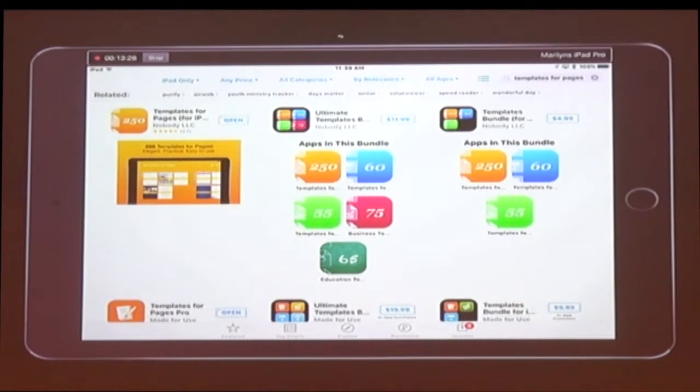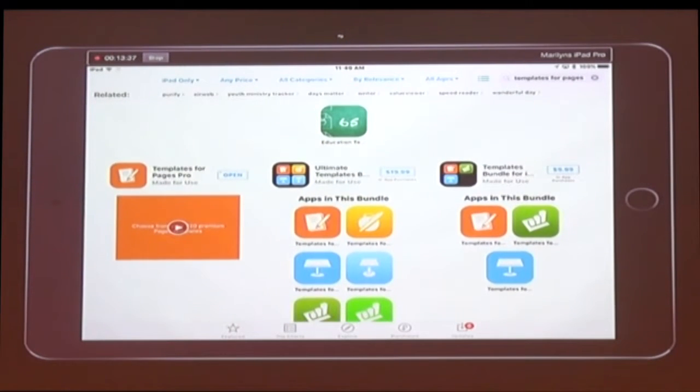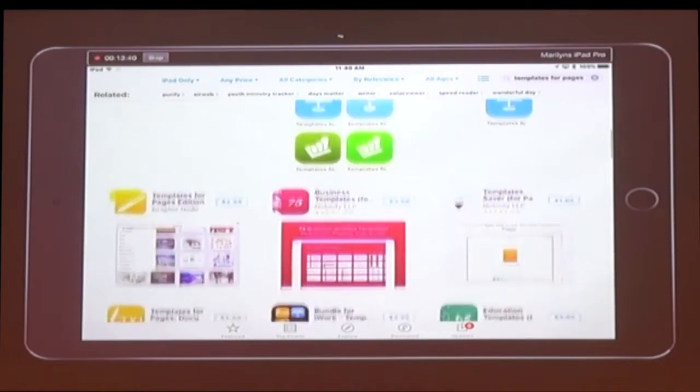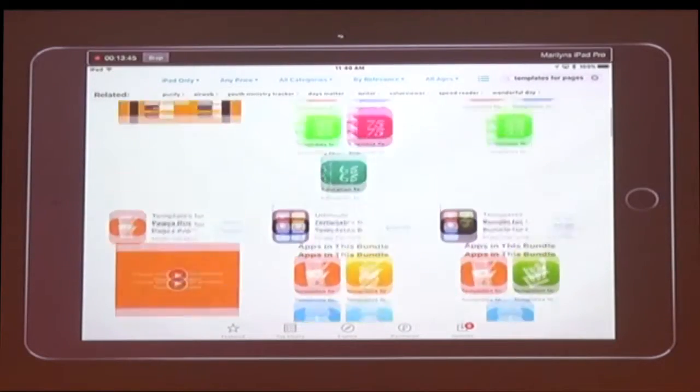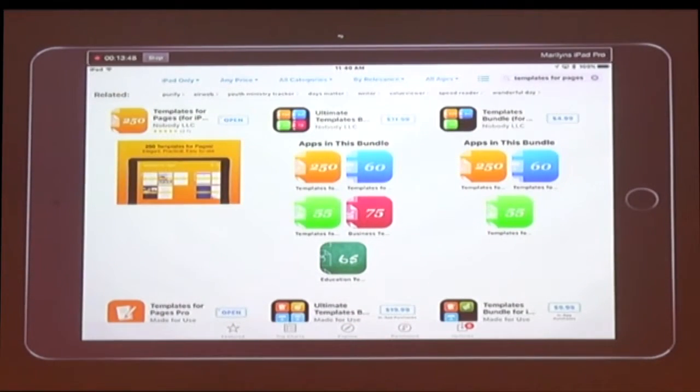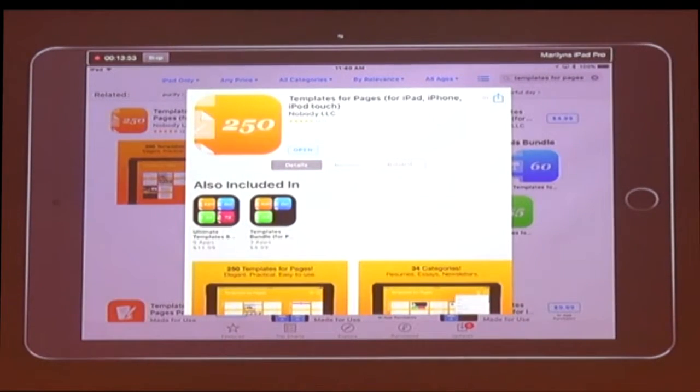And you can see that there's a lot of bundles that you can buy, which have a whole bunch of other ones. And then you go down and there's templates for Pages Pro and other bundles and business templates, and it goes on and on and on. So there's a ton of them. This is the one that I bought when it was $240 or something. Now it's $250, and that shows you the different ones. And I'll just go to it so that you can see it. So anyway, you type in templates for Pages instead of Pages templates. That's the truth. So let's open it,